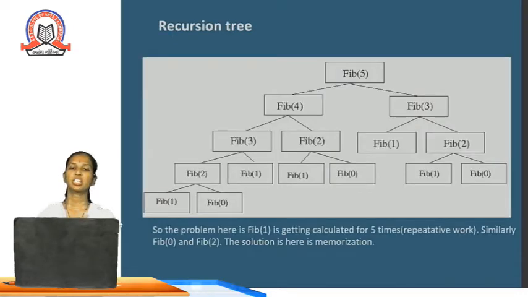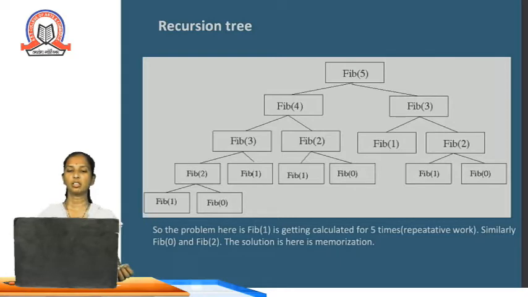Now when we are saying that we are doing the task in a recursive fashion, the following tree can be created for finding the Fibonacci of value 5. For calculating the Fibonacci of 5, we require the Fibonacci of 4 and also 3. Then for Fibonacci of 4, we require Fibonacci of 3 and then 2. Similarly, Fibonacci of 1 and 2.